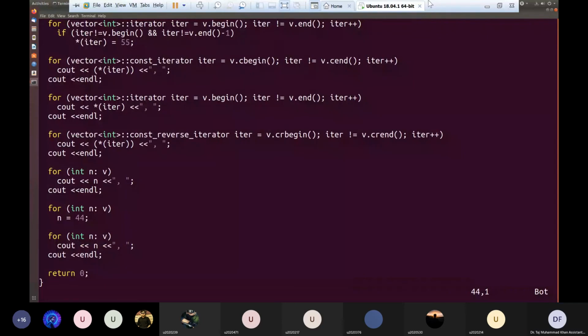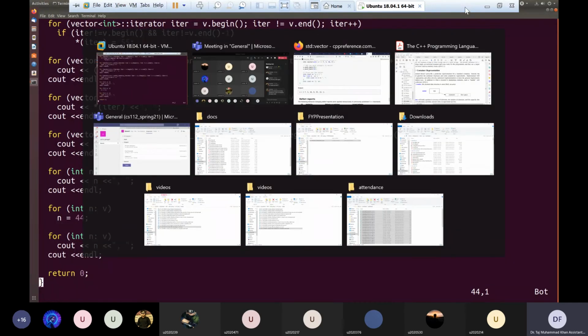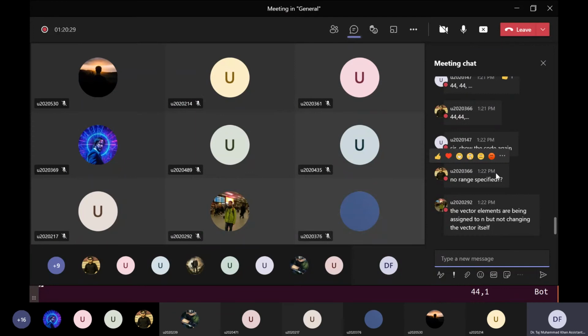You see, the wording I used was that in every iteration, it will take one element of v, and assign its value to n. And then inside that loop body, we can do whatever we want with the value of n. Yes, the vector values are being assigned to n, but not changing the vector itself.